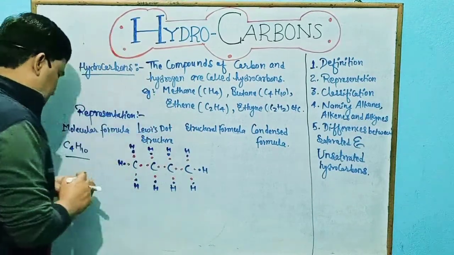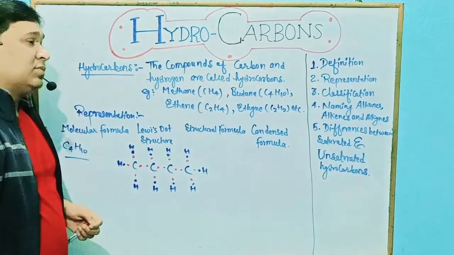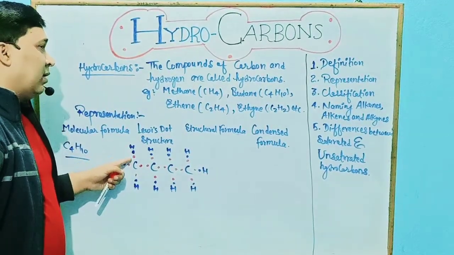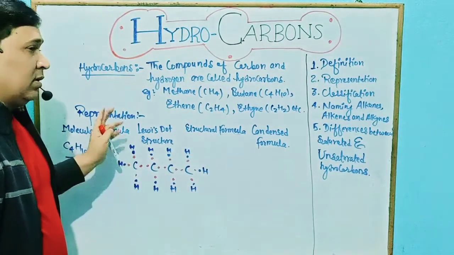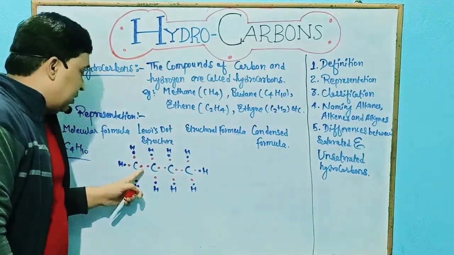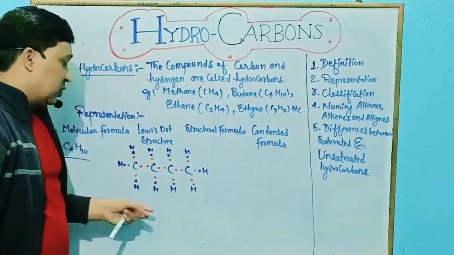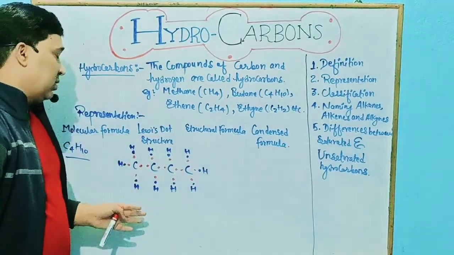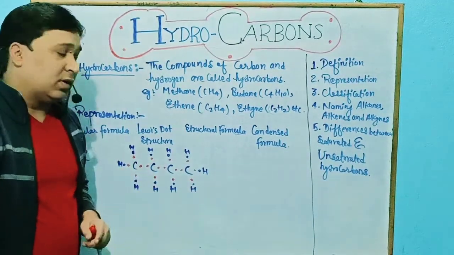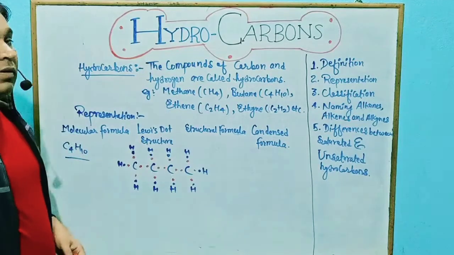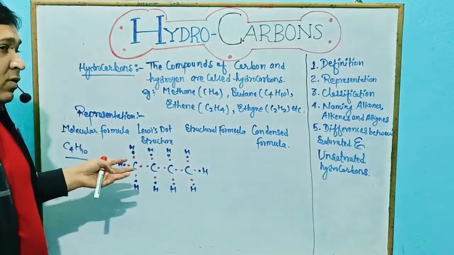So, in this way we can see that the number of electrons shared between hydrogen and carbon is 2. That is, a pair of electrons is shared between hydrogen and carbon. And we also see that a pair of electrons is shared between 2 carbon atoms. So, in this Lewis dot structure, carbon-carbon as well as hydrogen-carbon are all bonded by single covalent bonds. In this manner, we represent the sharing of electrons between the atoms of a hydrocarbon, and that is called